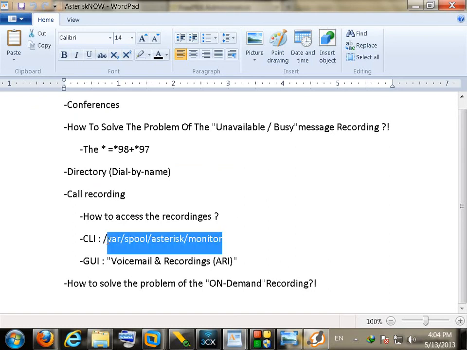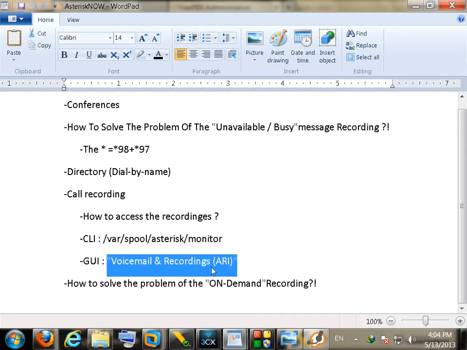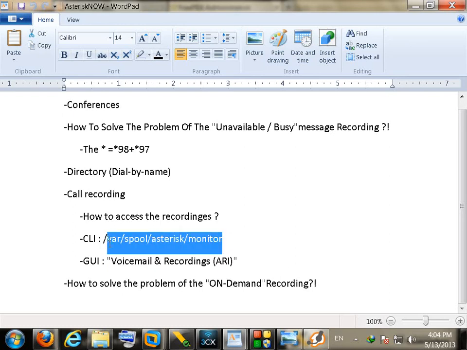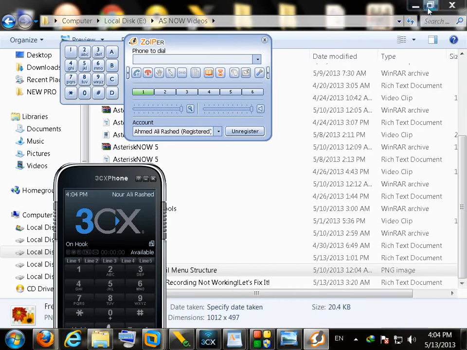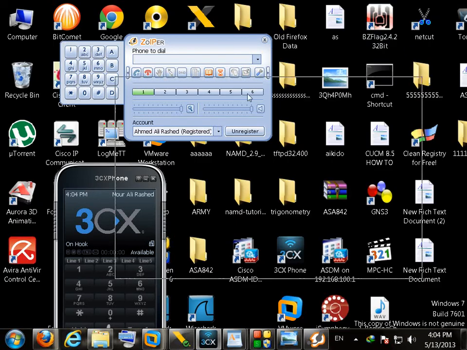By default, you can use your command line interface to access these recordings. By default, the recordings will be stored in this directory, but also you can access these recordings using the Voicemail and Recordings web page. Now let me show you how to access your recordings using the command line interface, and I'm going to connect to my FreePBX using SSH,